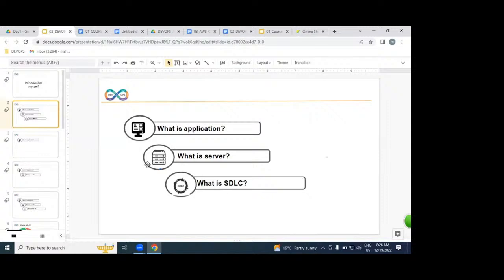Let me repeat one more time. What is an application, please? The working software which is written in any programming language we call an application. Am I right or wrong? We have developers, have you heard about Java developers, .NET developers or not? After writing the lines of code, which you call software, the software is going to be placed on the server side.